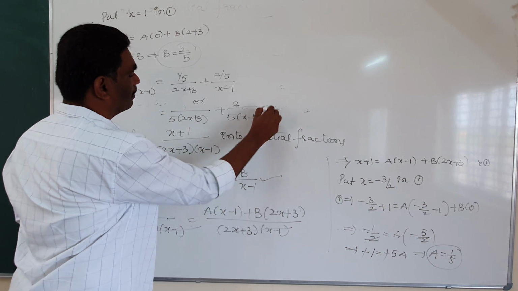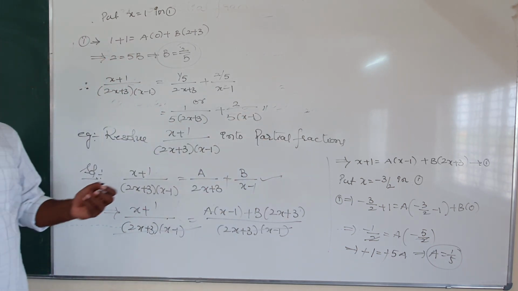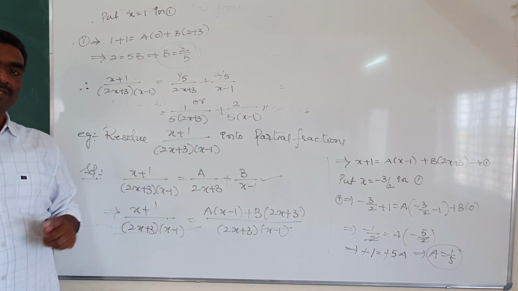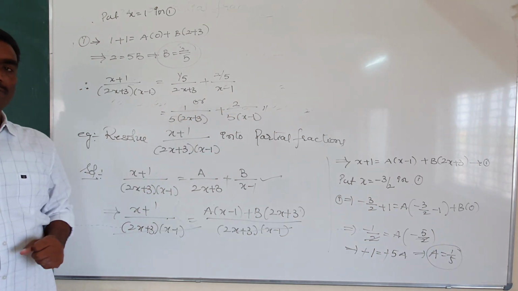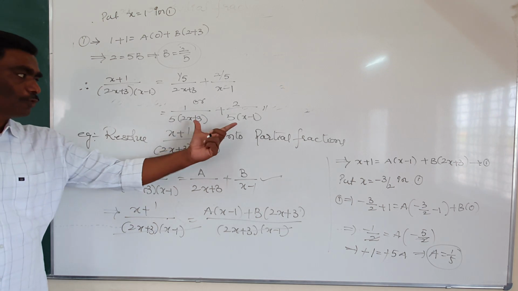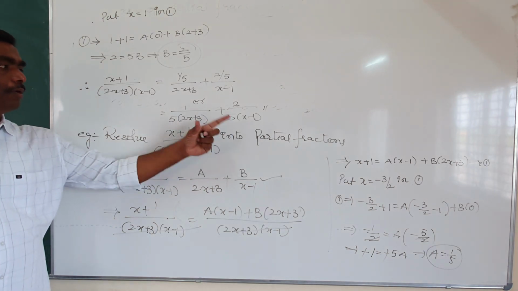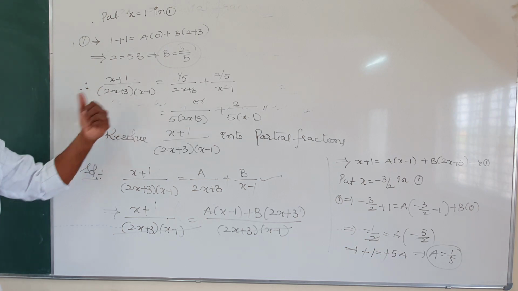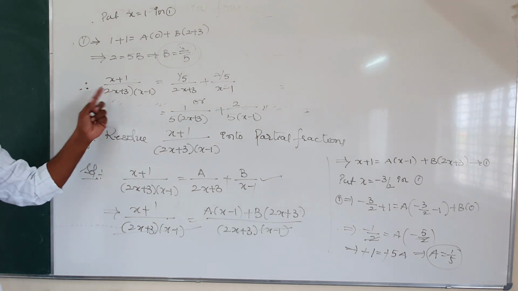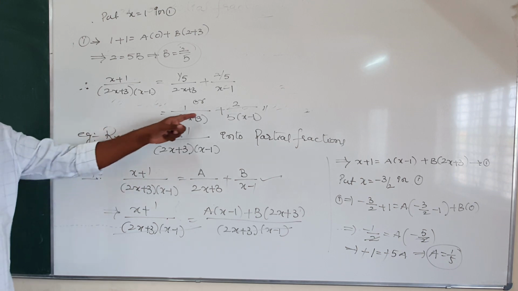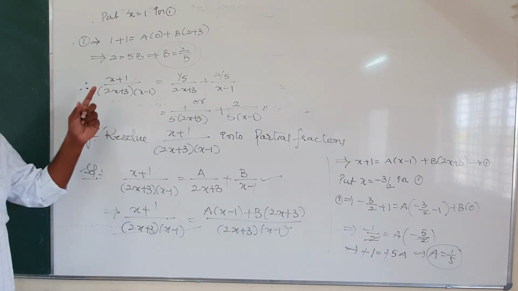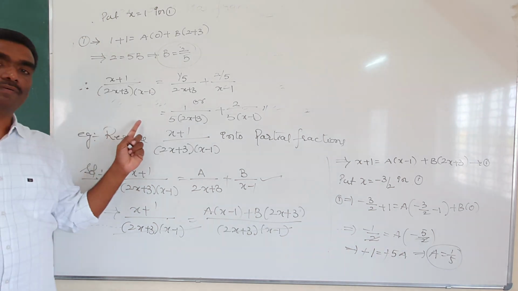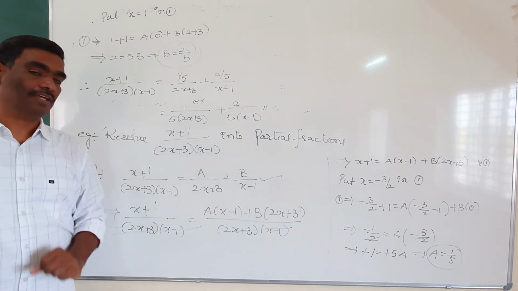Observe the right hand side terms. There are two fractions. Both are proper fractions. These two proper fractions are the partial fractions of the given fraction. By using method 1, we can reduce the given fraction into proper fractions when the denominator of the given fraction is the product of non-repeated linear factors.